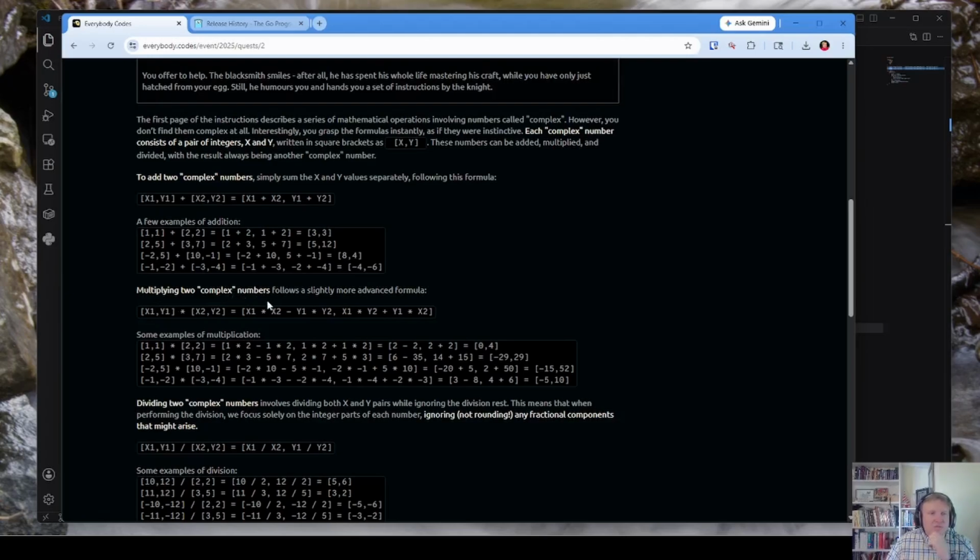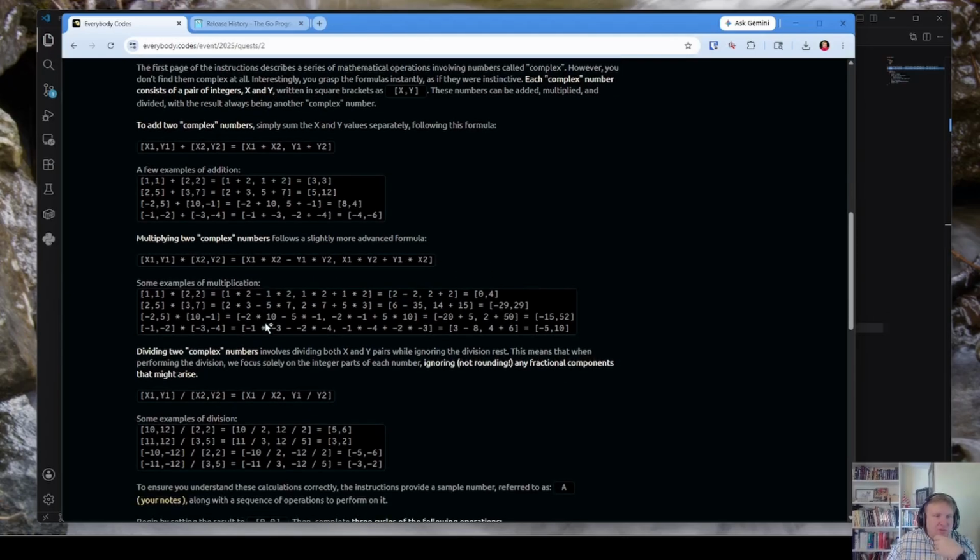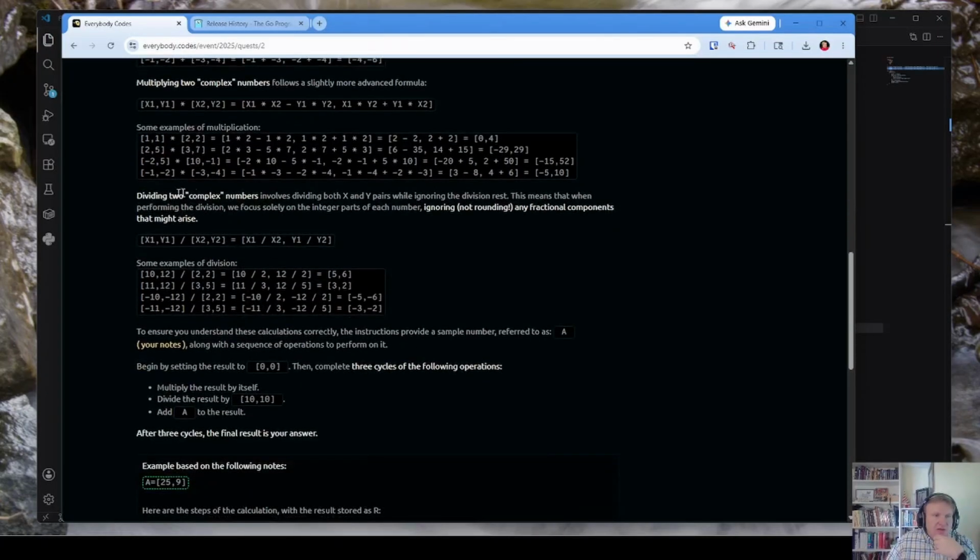Multiplying two complex numbers. Okay, so these really are complex numbers. Dividing two complex numbers involves dividing both.